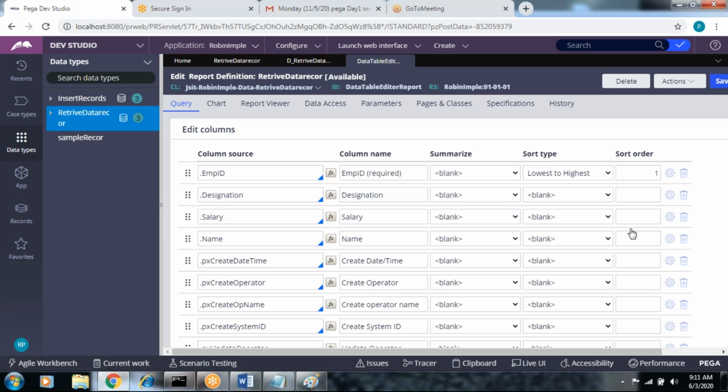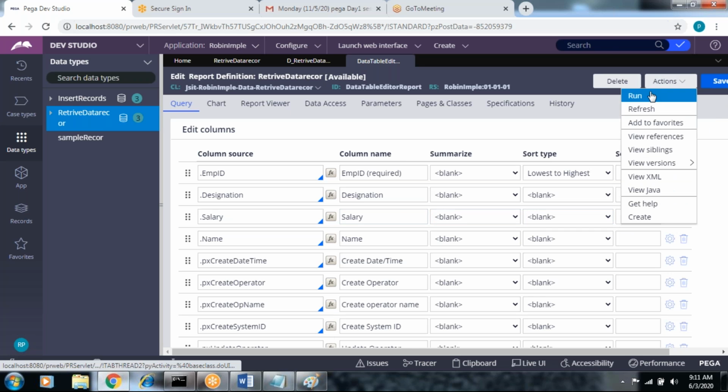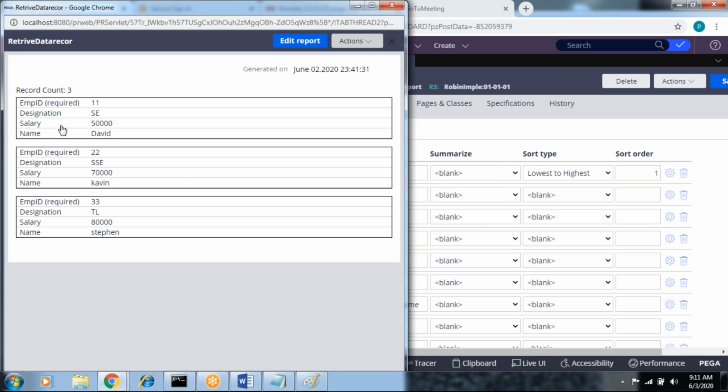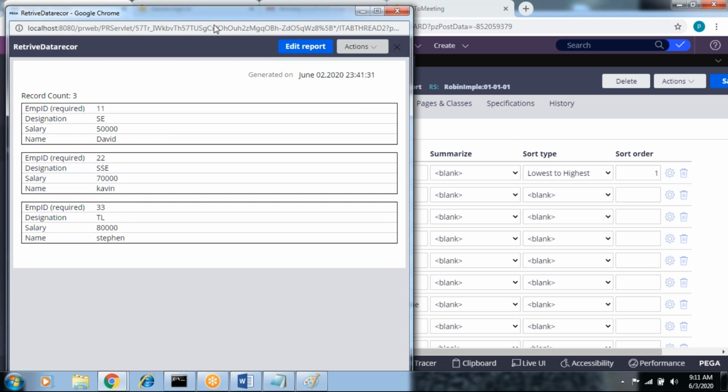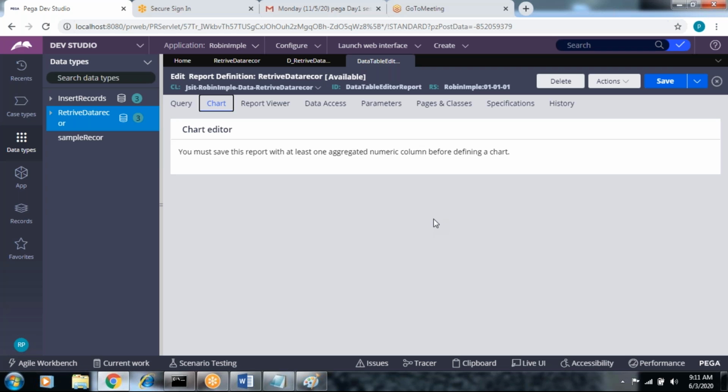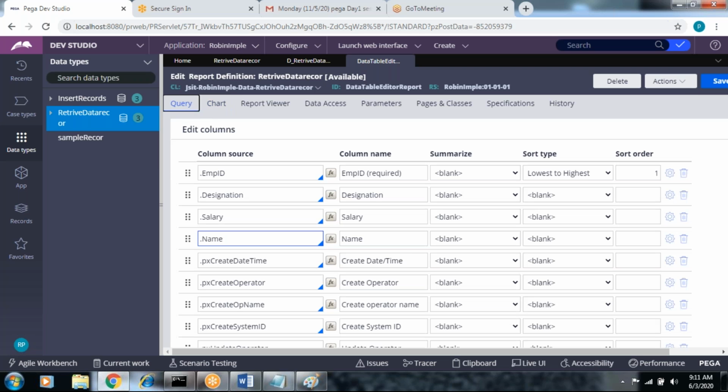Just save it now. I'm not passing anything else. Just click on actions and run. Our concept is not report definition, our concept is database. I'm just going to show you how the reports look. We will discuss later how to generate this. A table of reports. The chart representation is not showing, but we'll discuss later. Just skip the concept now. So come back to that.